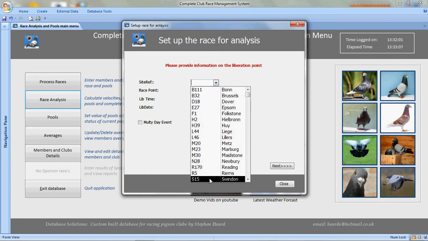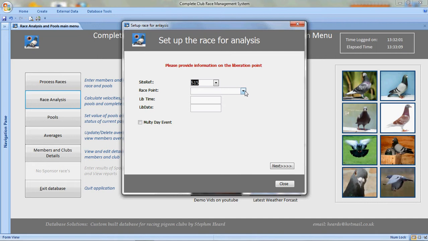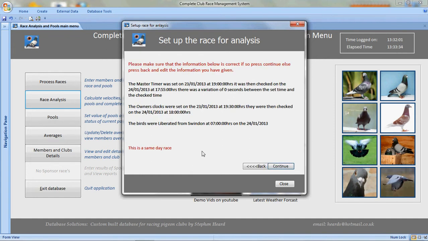If you remember, we processed the race for Swindon, so we will put Swindon in, your liberation time and the liberation date, and if it's a multi-day event race, then you'll click that. Obviously Swindon's not a multi-day race, so we'll click on next,